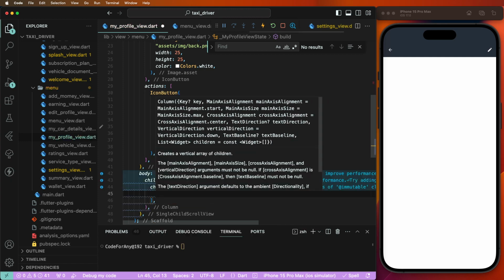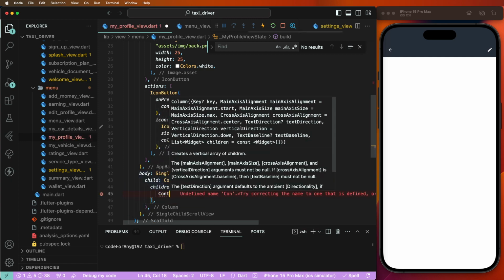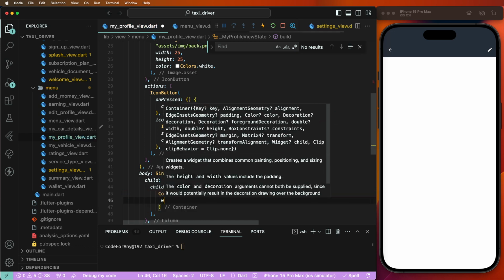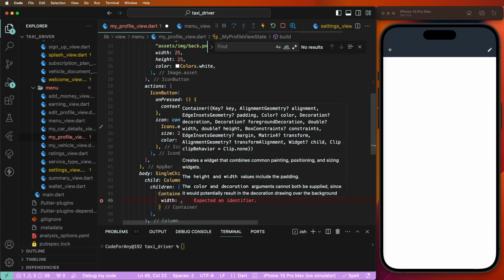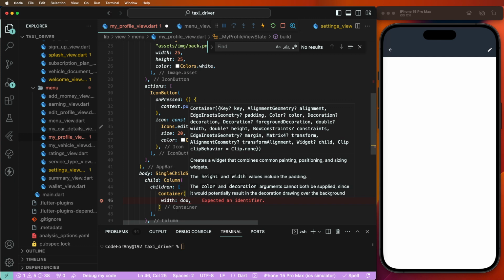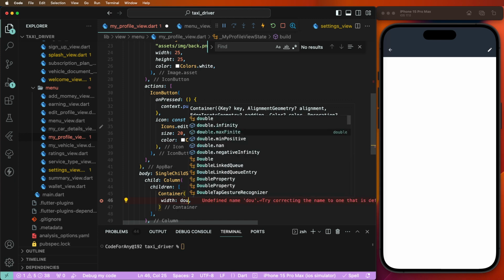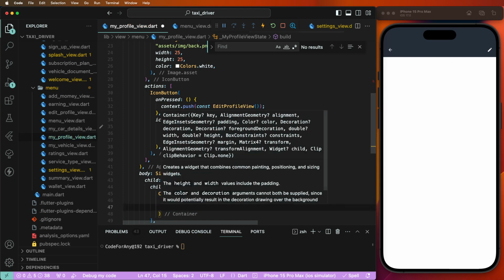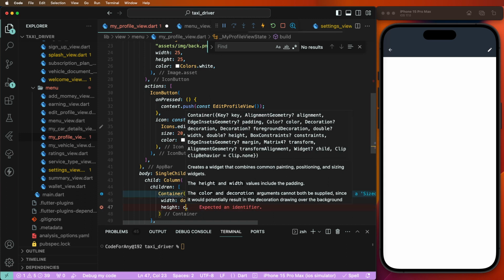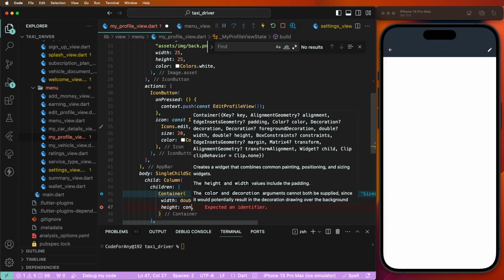And now we need to create here container, give this here the width double.infinity, and also need to give this here the height,